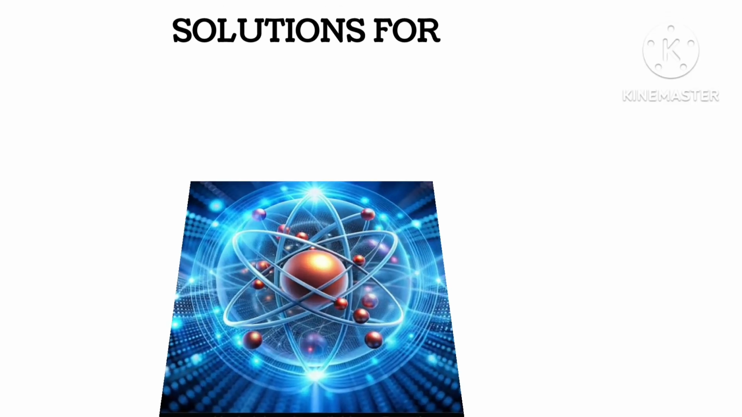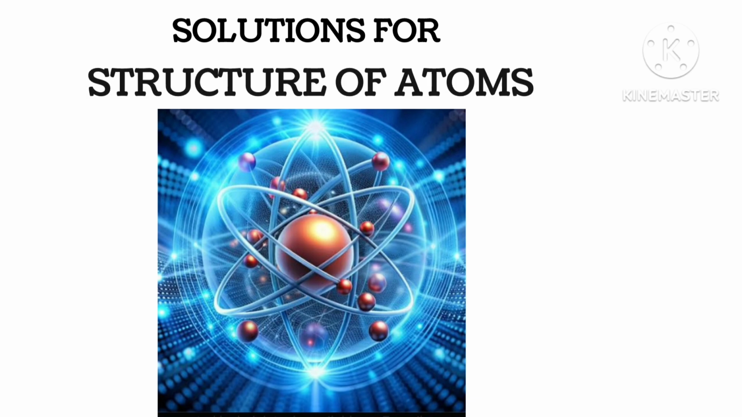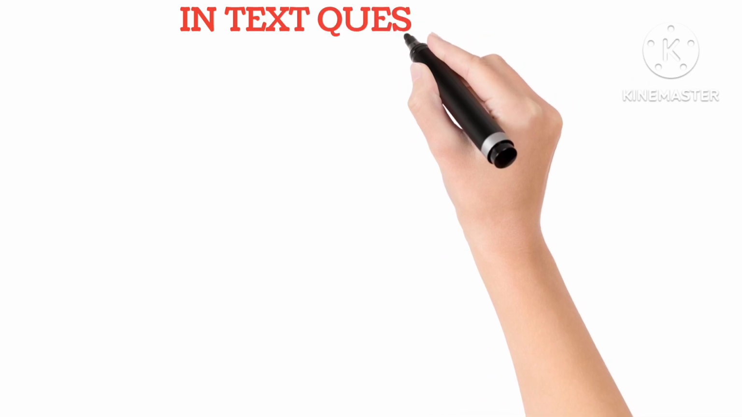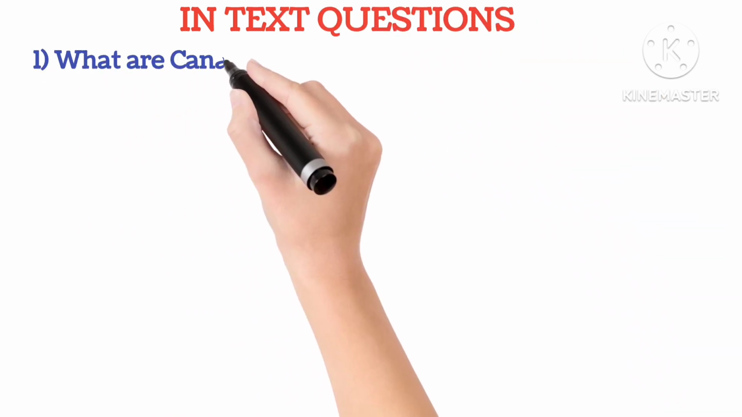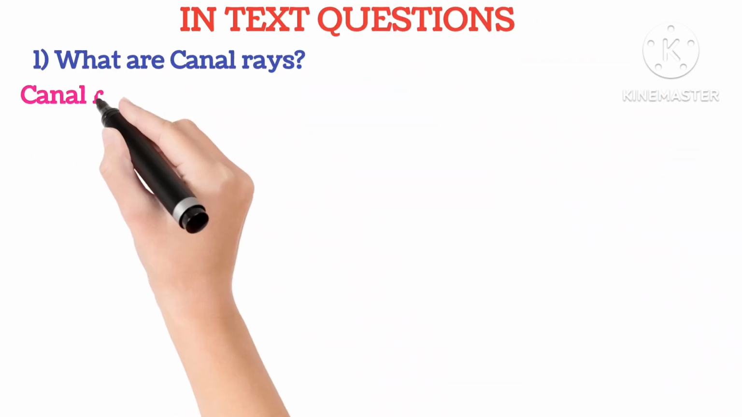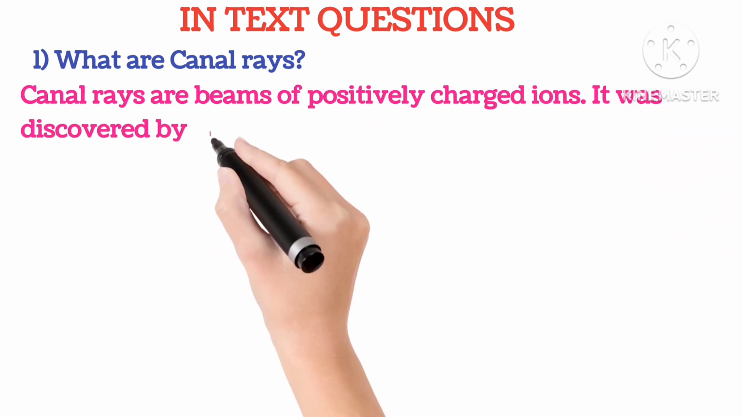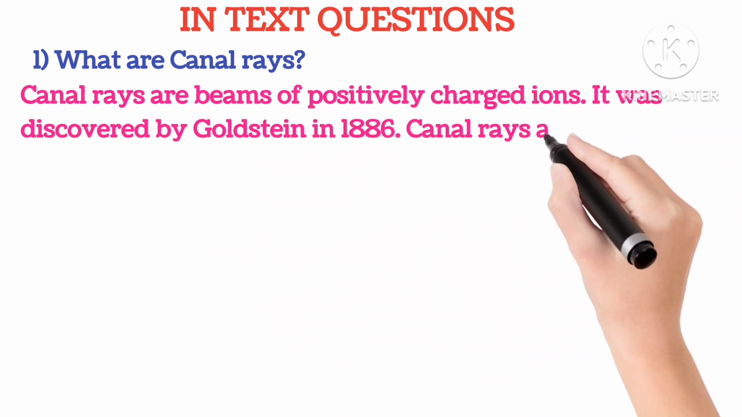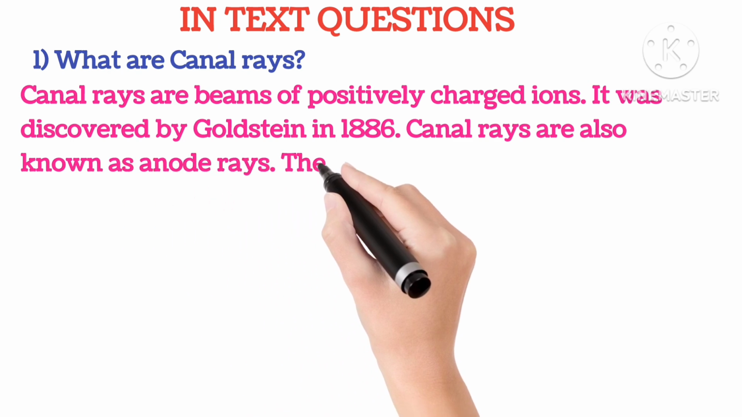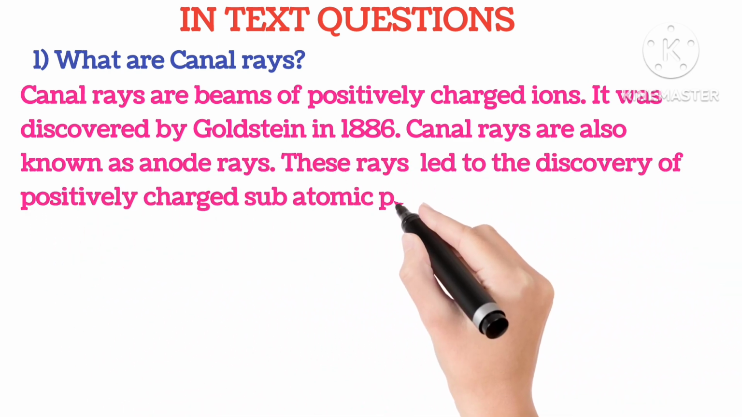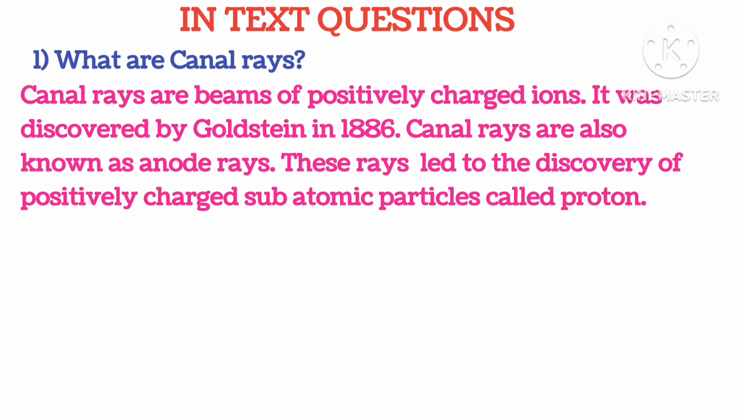Solutions for Structure of Atoms, Class 9, Chapter 4. In-text questions. What are canal rays? Canal rays are beams of positively charged ions. They were discovered by Goldstein in 1886. Canal rays are also known as anode rays, and these rays led to the discovery of positively charged subatomic particles